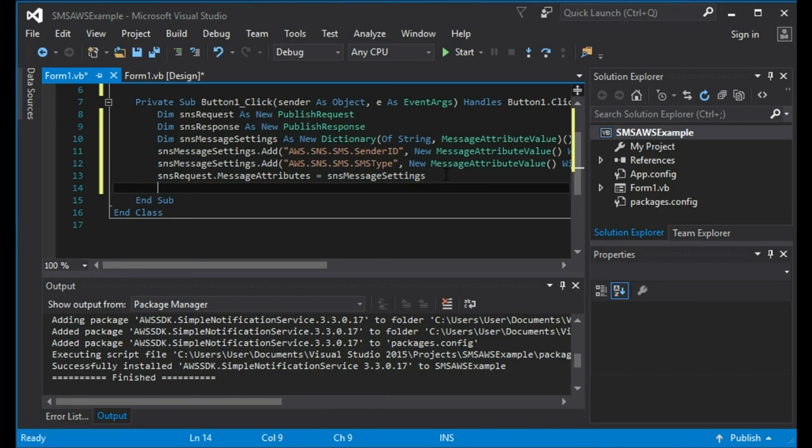So the telephone number I want to send to, we do SNS request dot phone number. Then this needs to be in the international format but without the plus. So if you're used to international numbers, you'd normally see +44 1293 something or other, or if it's a US number, +1 650 488 9428 or whatever. Amazon don't want the plus, but they do want the international bit. So if you're sending to a US number, you do 1 650 blah blah blah. If you're sending to the UK, you will do 44,